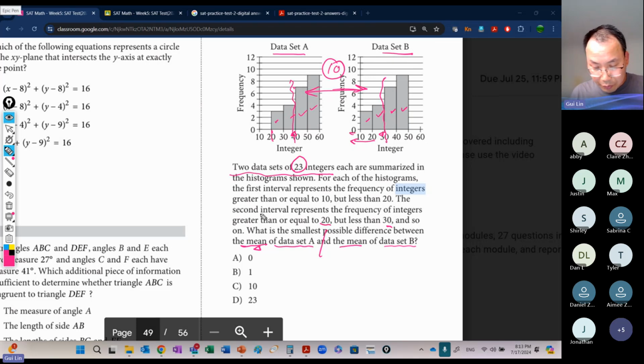Oh, so what's the question? I forgot the question. What's the smallest possible difference between the mean of data set A and the mean of data set B? So actually,